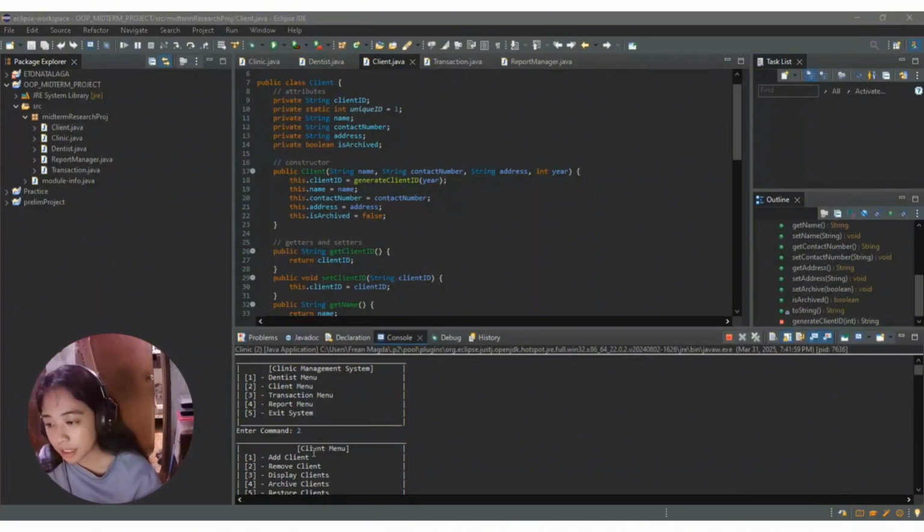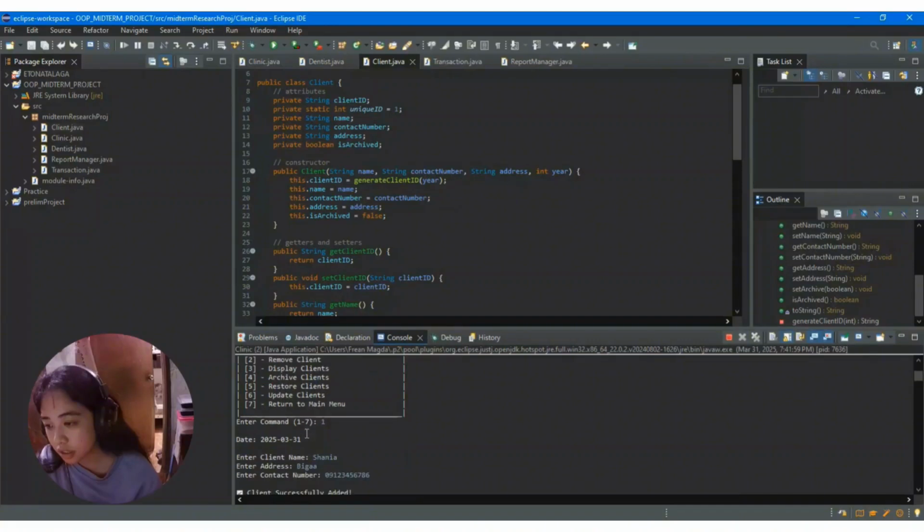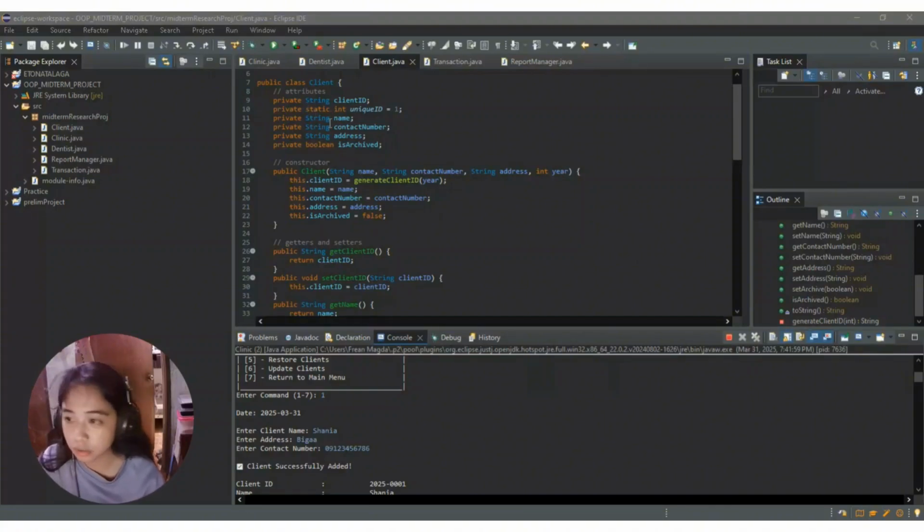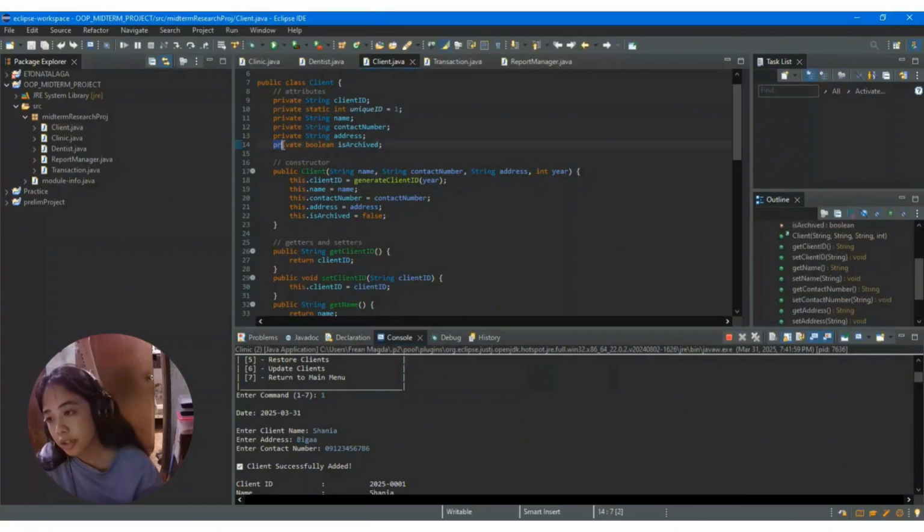So here, when you add a new client, you use this constructor. It sets the initial values of the attributes, which are the name, contact number, address, and client ID. The client ID is generated automatically, using the year, which is the current year, 2025, and then it sets the